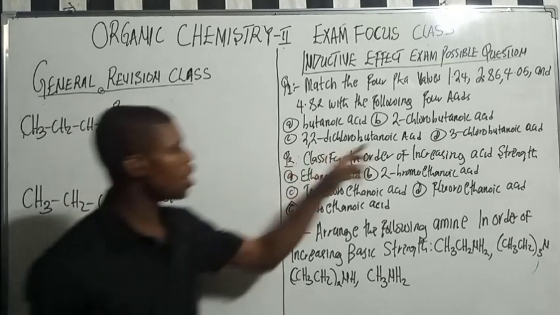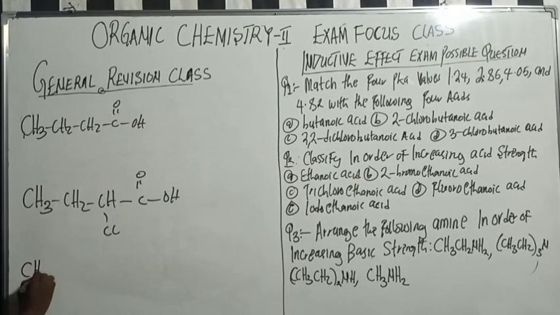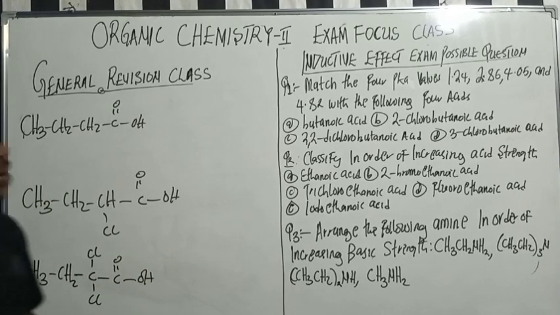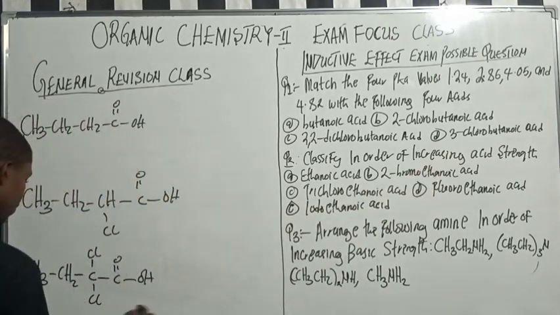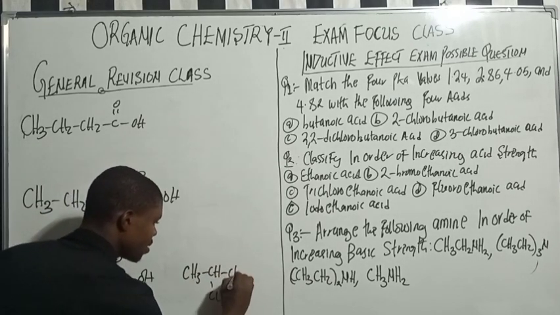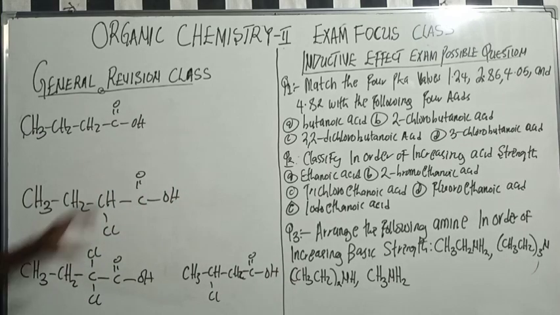Now here we have 2,2-dichlorobutanoic acid. So here we have CH3, CH2, and two chlorines. And here we have 3-chlorobutanoic acid. So we put here CH3, CHCl, CH2. So these are the